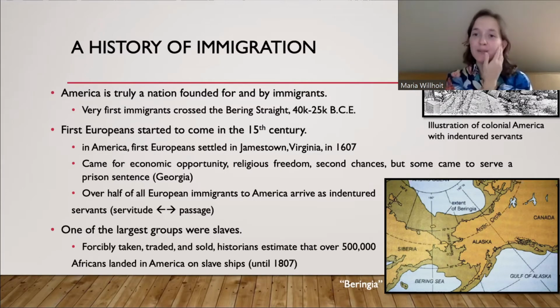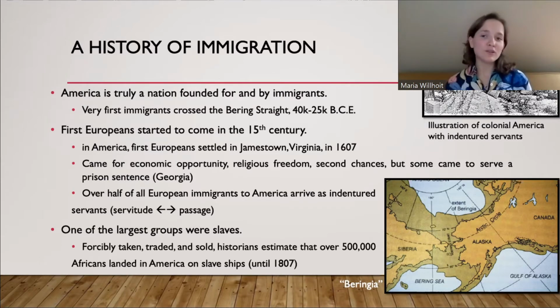And some people, believe it or not, and people forget this maybe, at least in America, came to America because they had to serve a prison sentence. Parts of American colonies like Georgia were penal colonies. Instead of going to jail, which were overcrowded in England, England said, well, you can either rot and die in this jail, or you can go to America and serve your sentence and stay there. And it's interesting, we're kind of a nation also of convicts.